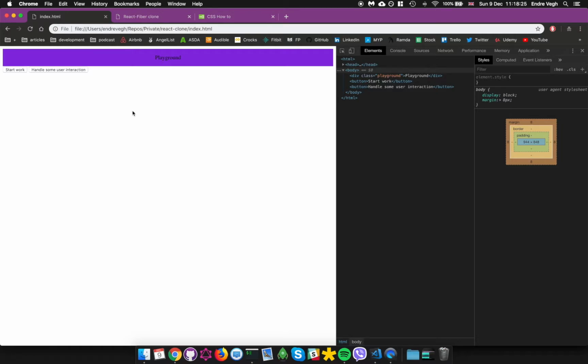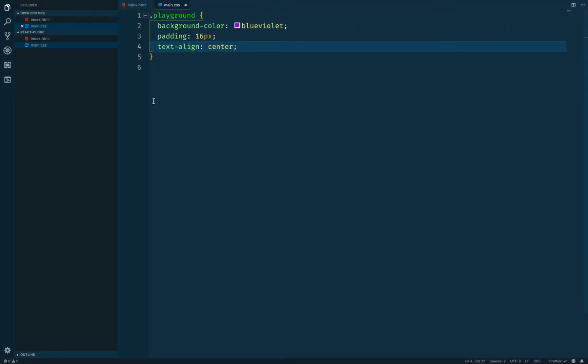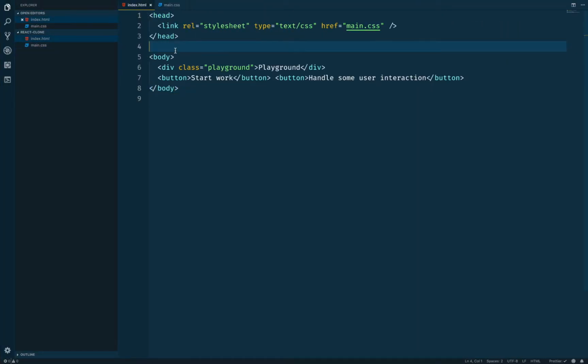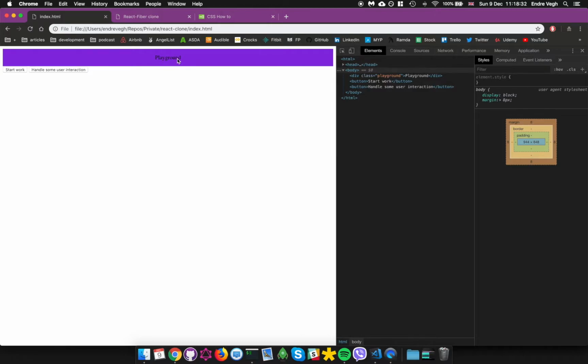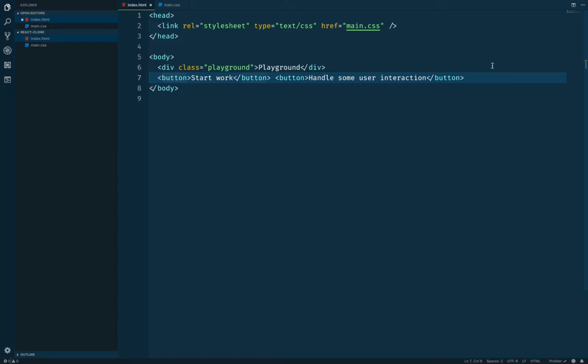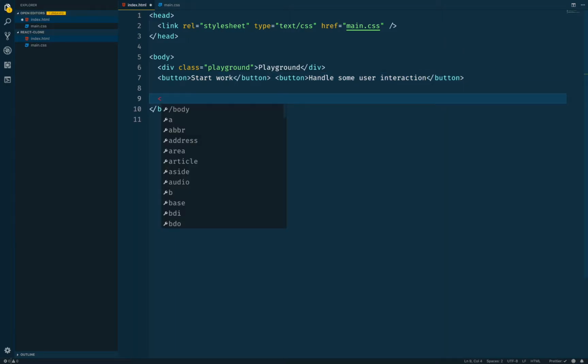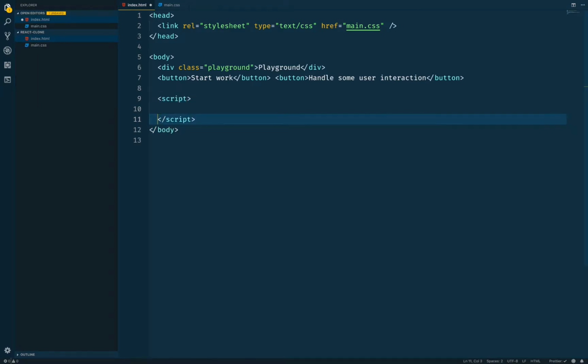Okay. I think that's gonna be enough for now. Okay, so we have this playground. And let's assume that so I have two buttons. They do nothing at the moment. So we need some JavaScript to kick things off. So script. And what I want to do is